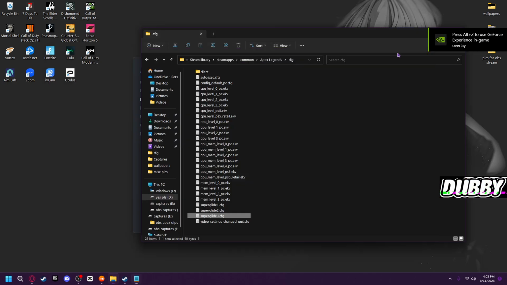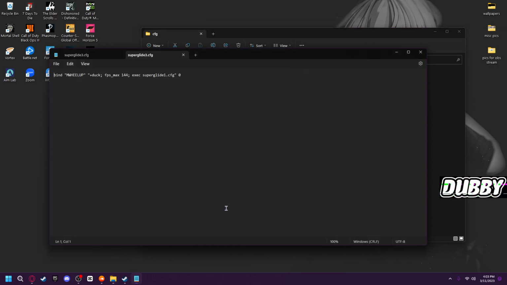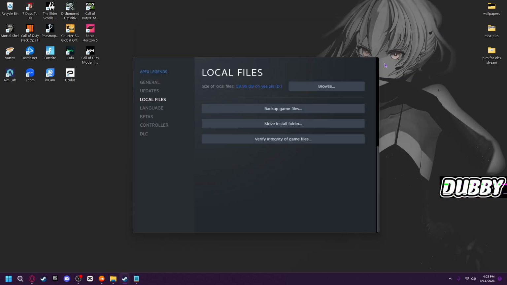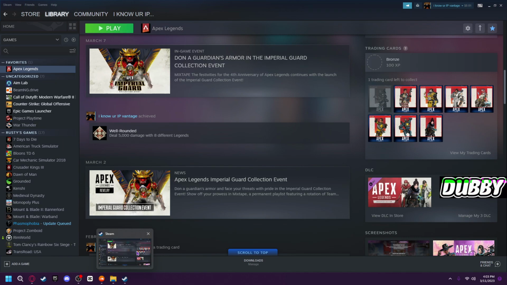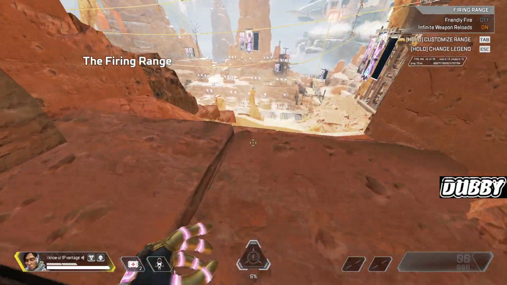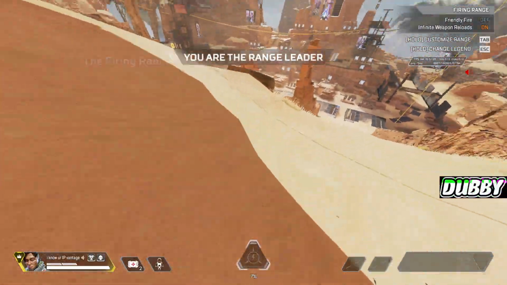So my monitor is actually 165, but in the game I only run 144. So I do 144, and then I Control S it, and that means it's saved, and that way it won't happen anymore. It won't drop your FPS down, and I will show you in the game. So here we go. Okay, so I am in the firing range, and I'm going to show you that